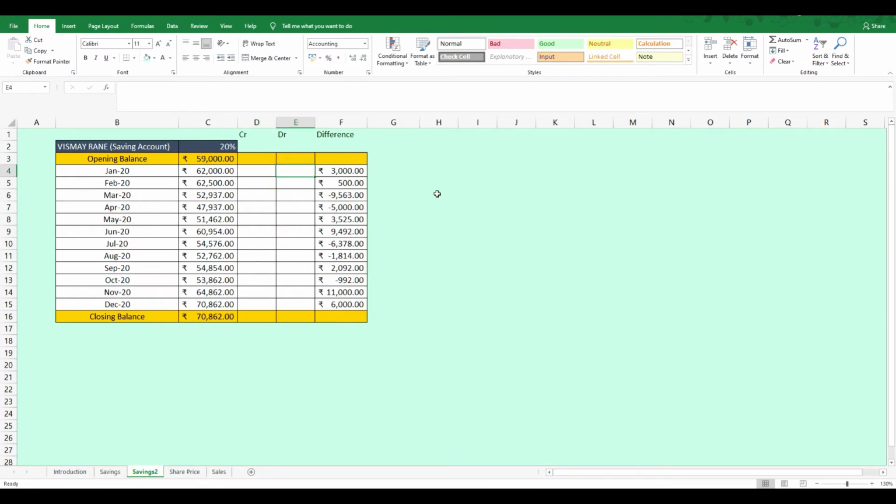Now these values are in minus, so in the stack chart, the waterfall chart using the stack pattern which I'm going to make now, if you keep any value in minus, that will go below the x-axis, which I don't want to happen. So for that we need to bring the credit entries, that is plus entries, over here and minus entries over here without a minus sign. Now let's understand how to do that. For that we need to use a simple IF function.